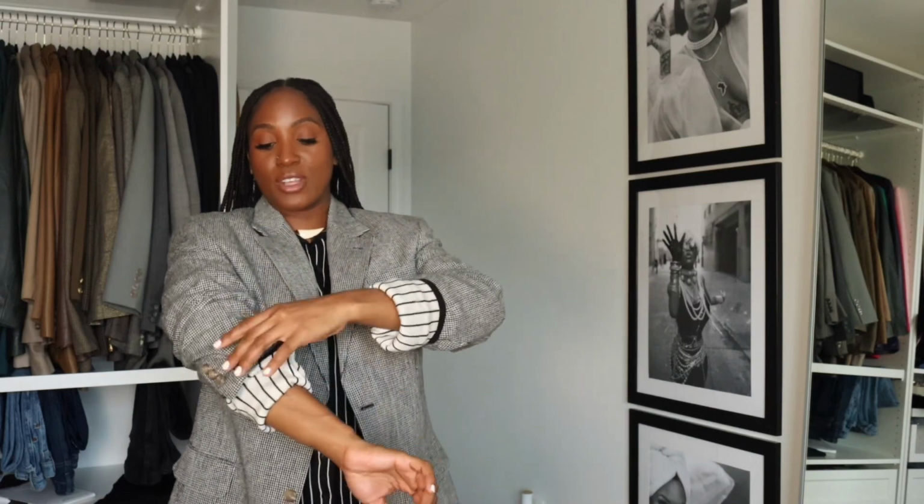And then I have on these little kitten heel boots that I thrifted. They are 9 West brand, 100% leather, and they have the smallest little heel, but I can see myself going all day long in these boots, like a walking position, somewhere where I have to be on my feet most of the day, and then I would definitely be able to transition these into an after work function. And I did roll up the sleeves at the end while styling it, which I really like because then you also get to see the reverse print from the cardigan. Girl,